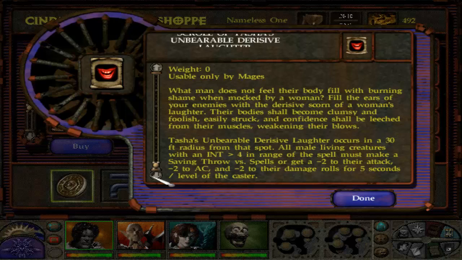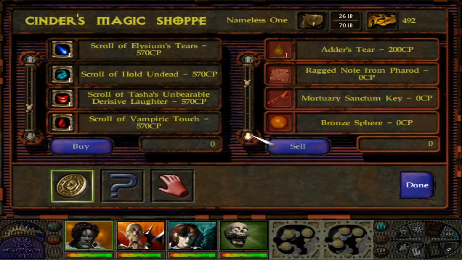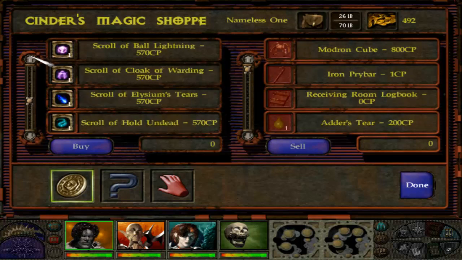Tempting, but I don't know how many male enemies we're going to be facing. I mean, it would be useful. It would be useful. Is there anything I can sell to this guy? That's a big fat no. Okay, and not to mention, I don't even have the money for it, so...